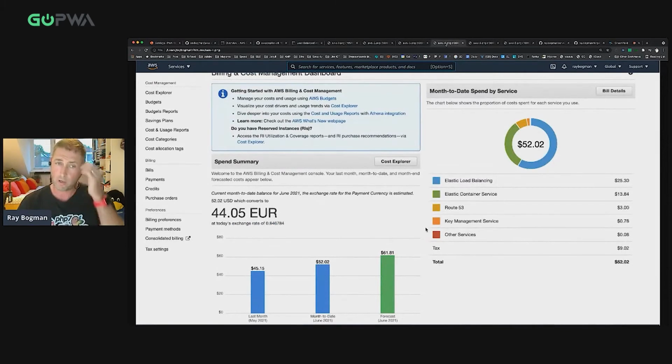I wanted to run almost 2 environments for a month. And in total, as you can see on the right, it was a little bit more than $52 for having a production environment and a staging environment running. Only the PWA Studio environment within ECS Fargate.